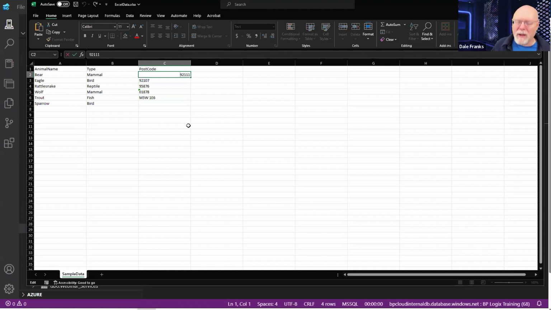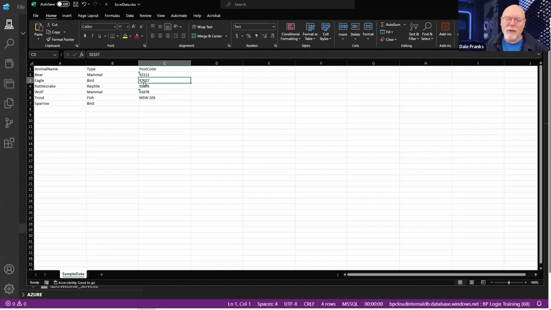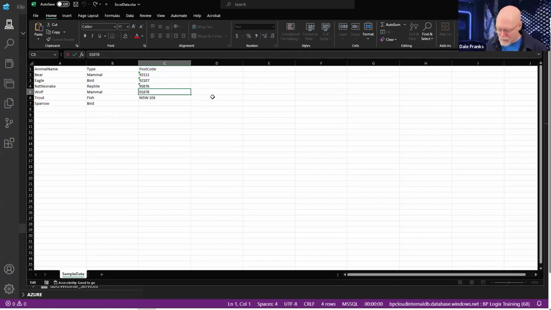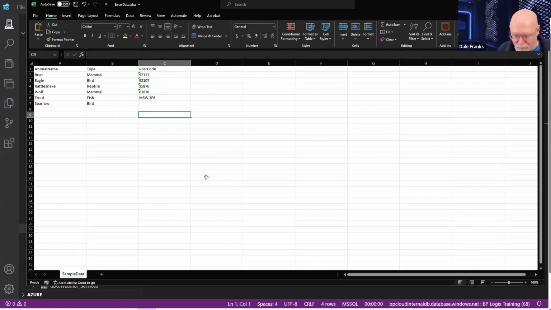There is one thing I can try, and we'll see if this works. Usually if you have numbers and you want to convert them to text, the old way was to put in an apostrophe before each number. I don't know if doing that is going to fix this for me, but we're going to try it so that it shows up as a number.